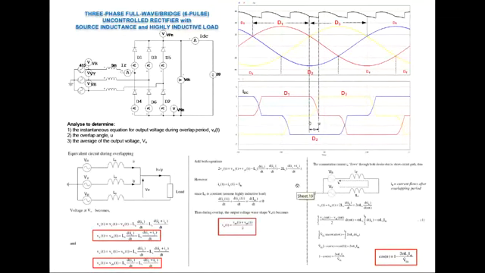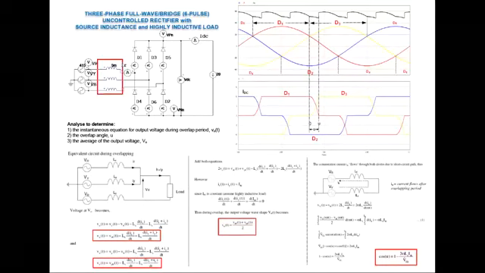We're going to continue with the three-phase full wave 6-pass uncontrolled rectifier with the case of source inductance, the existence of source inductance and a highly inductive load. So what is that? This is the source. You look at that, this is source inductance. It may come from the inductance of the cable, and also the transformer winding is always there in the system